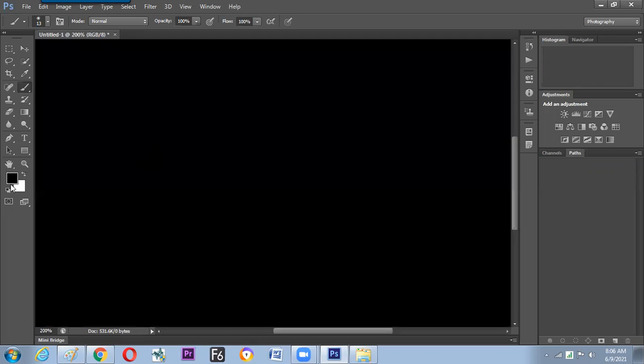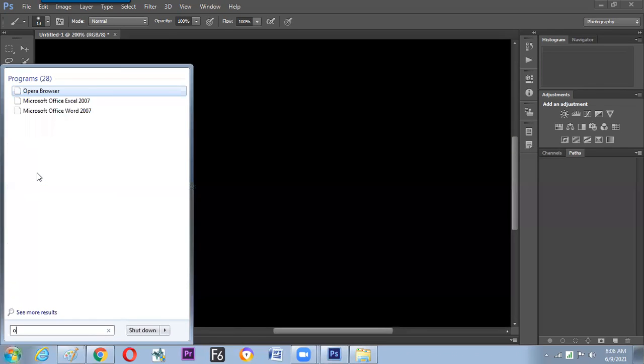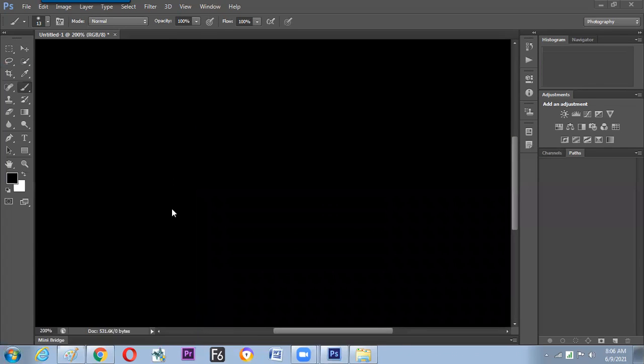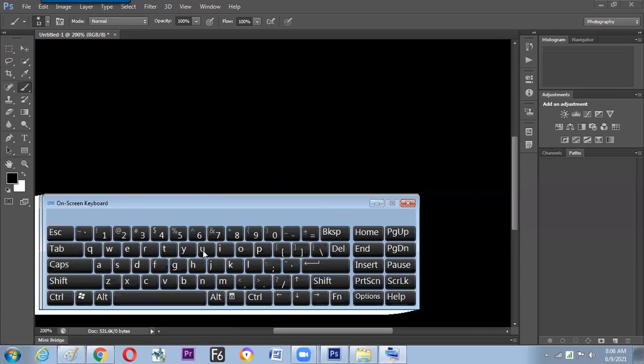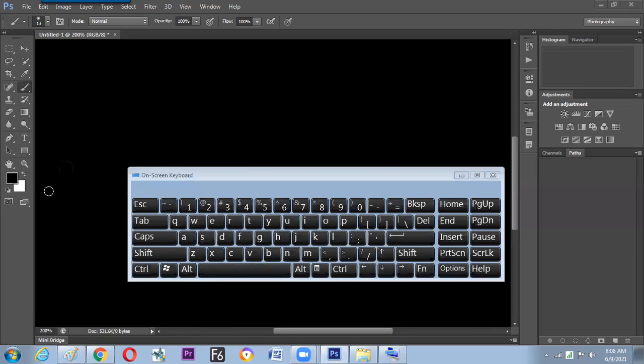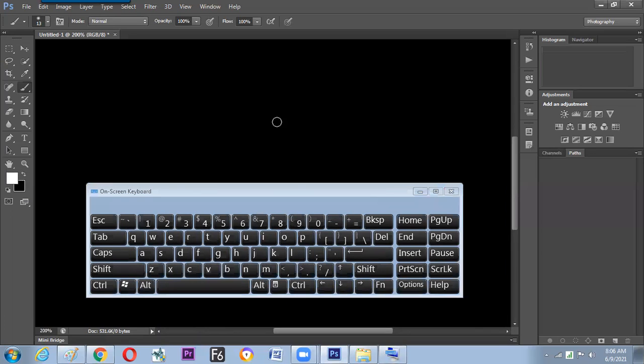We can switch the brush colors with a hit of the X button. On your screen you can find a digital keyboard. We hit the button called X to swap the foreground to background color and background to foreground color. Now you can take the white color, and the brush size can be increased and decreased by this button and the next button. So we are decreasing the brush size now.